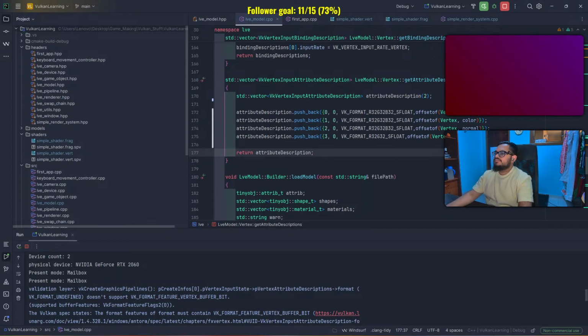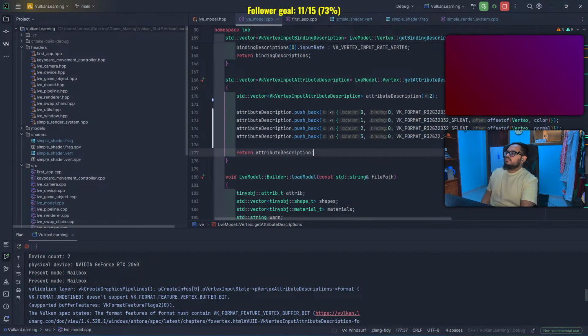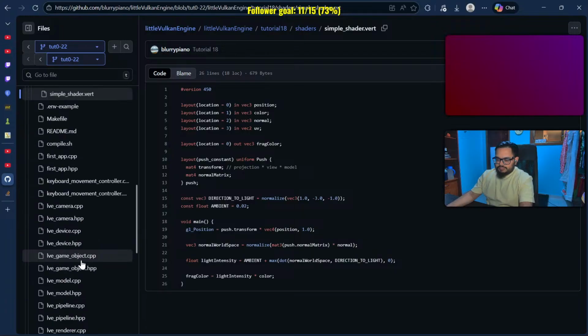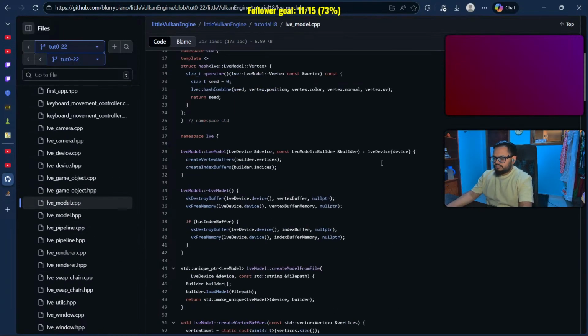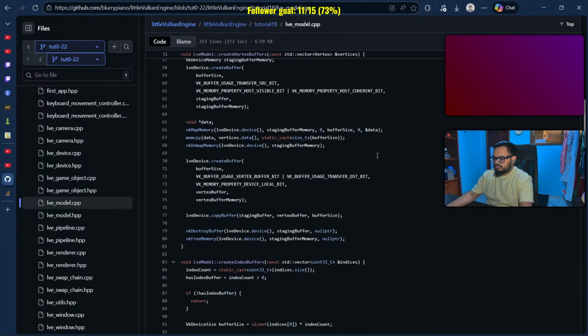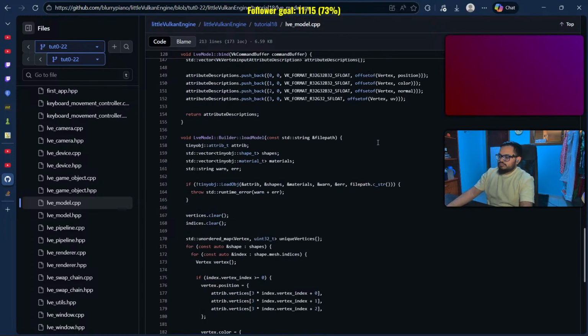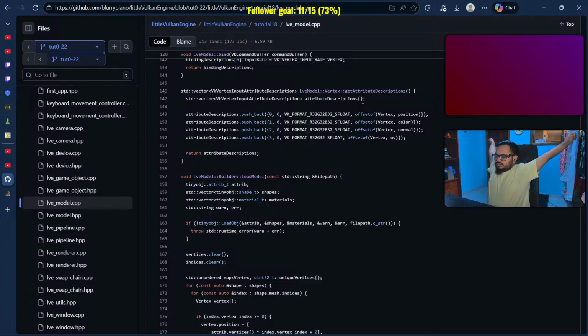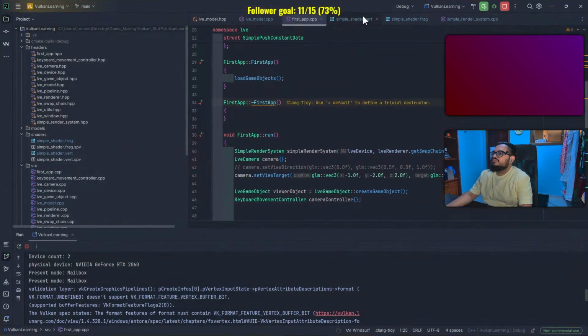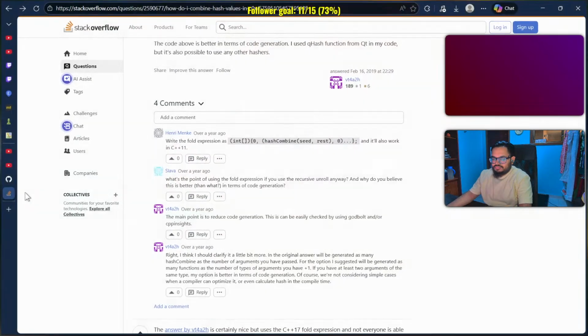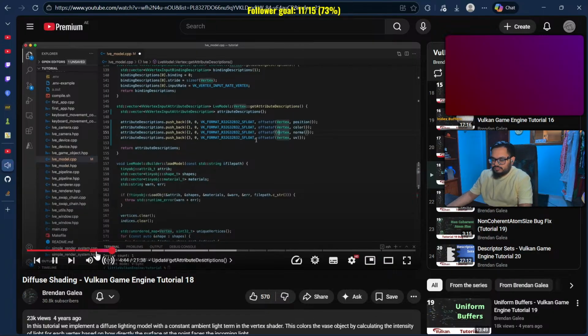Test float, VK format, offset of, and UV for the fourth. Finally, update the UV attribute description's format to